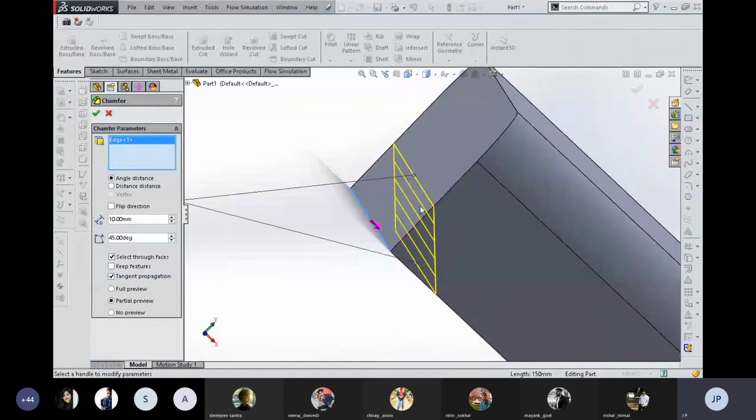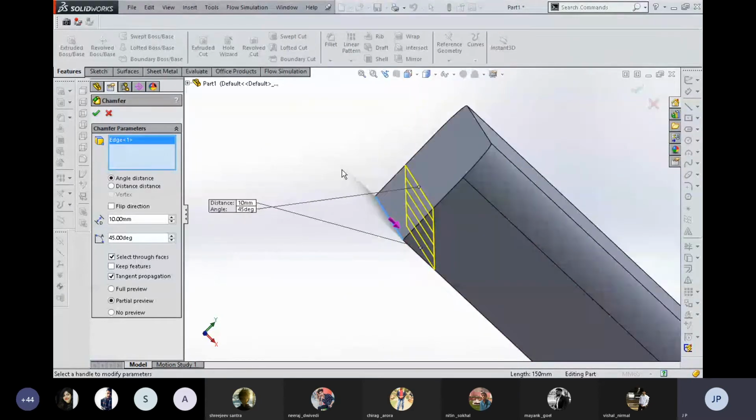It requires two parameters for creating this inclined edge: the first one is angle, the other one is distance. Over here you can see both parameters are displayed in the workspace. If you want to increase or decrease them as per your need, you can click over here and edit that parameter, say around 15 if I need to take.